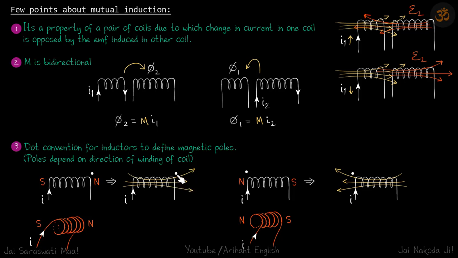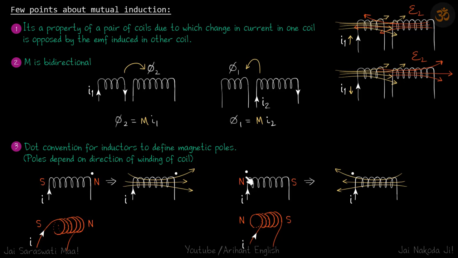So field lines will always be going out of the dot. Here also you can see the field lines are going out of the dot. Now current is entering from one end and the field lines are going out through the other end. That means the coil is wound like this in a clockwise fashion. So this is the 3D representation. We use the dot because we cannot draw this figure every time. If we could draw this figure, there would be no need for the dot. We can see from the right hand thumb rule that if current is flowing in the clockwise direction, then the field lines will be coming out of the right side.